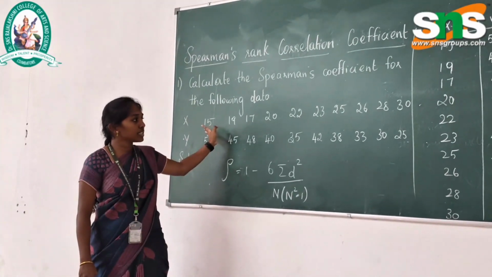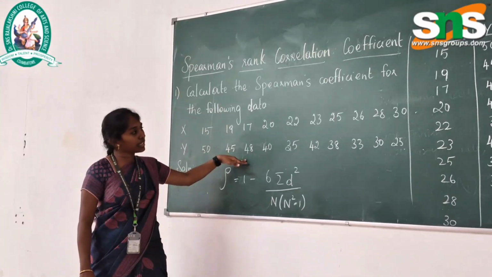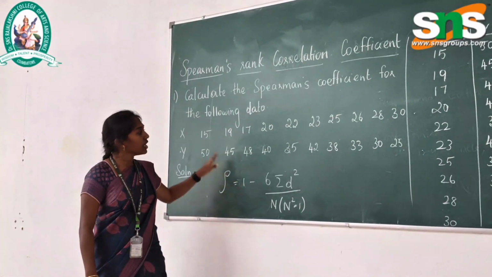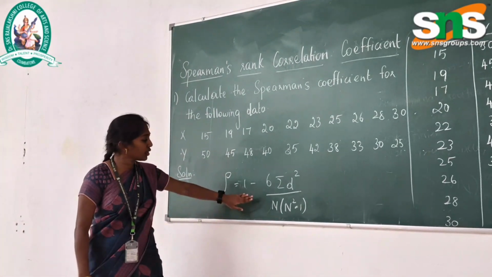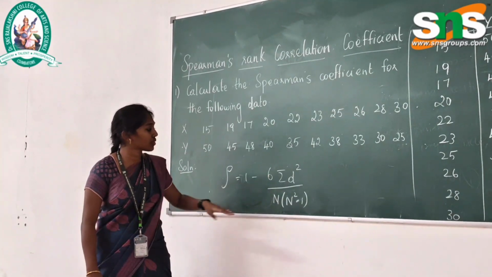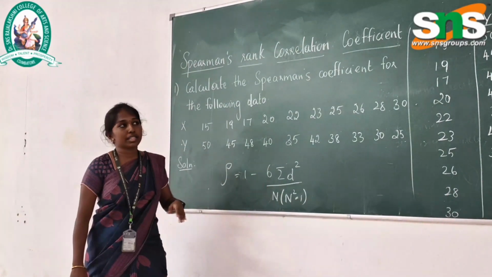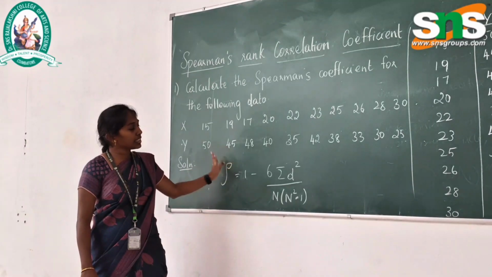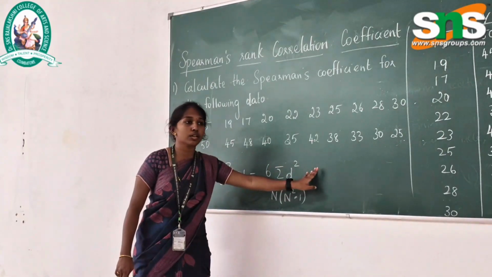So if the data are repeated, we are going to substitute a different formula. If the numbers are not repeated, we are going to use this formula. So that is rho is equal to 1 minus 6 into summation d square by n into n square minus 1. If one number is repeated, in the same formula itself, we are going to include one more